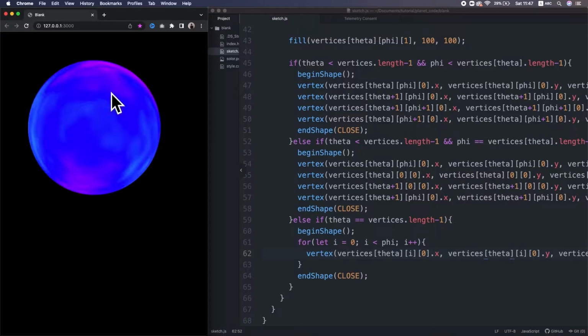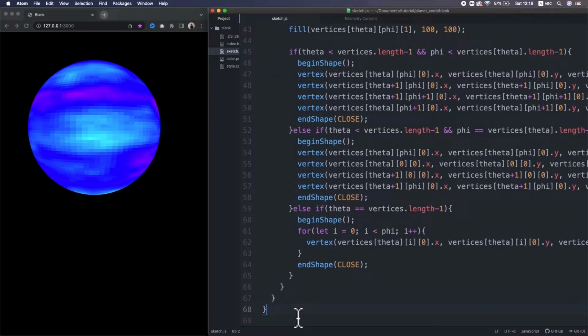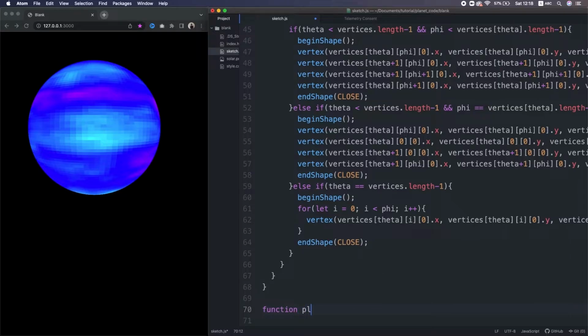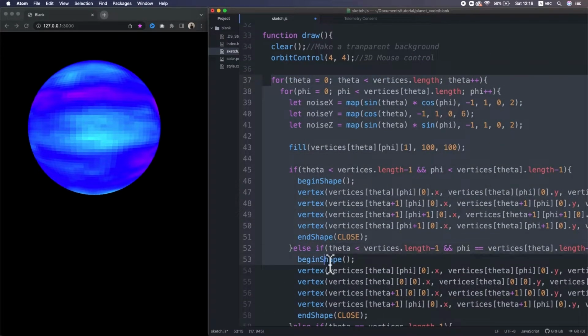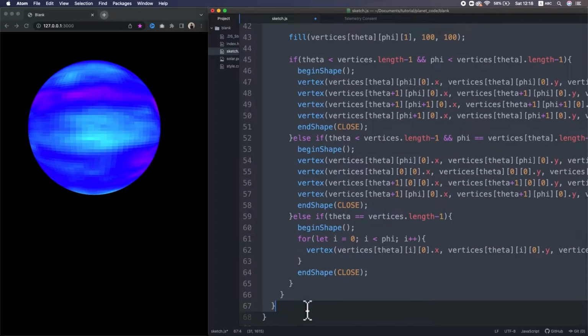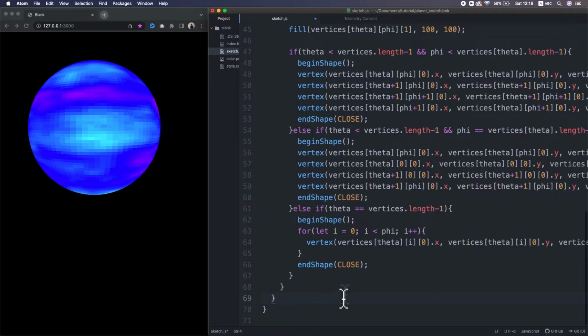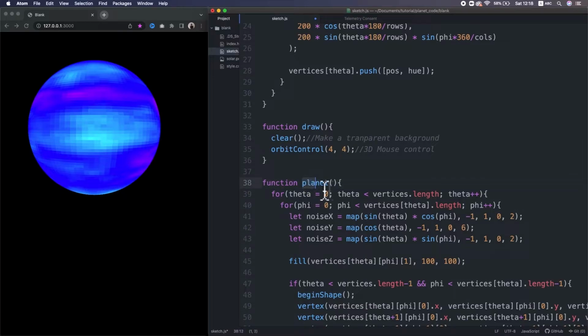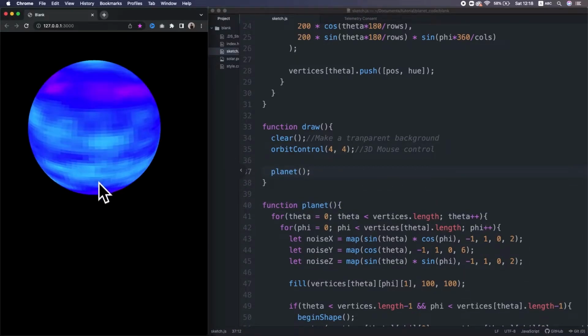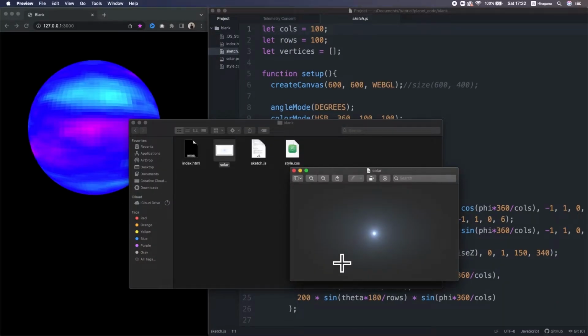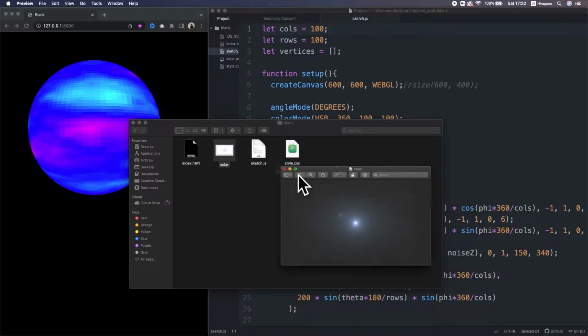Awesome, it's working. Now, it's time to put the solar. But before that, I move this part into a function named planet. Then I use this ping image to resemble the solar. So I put the image inside the project directory,